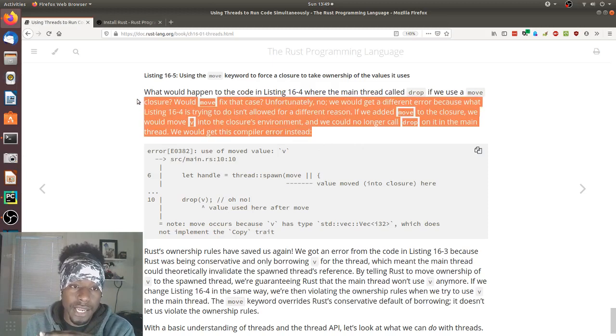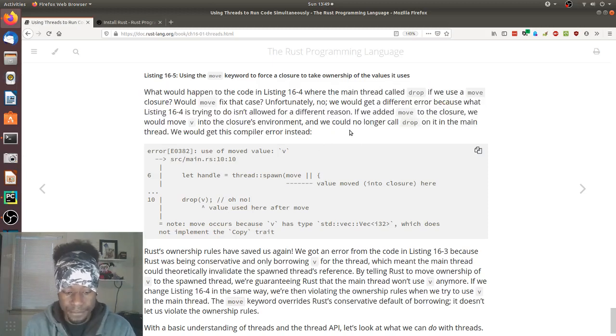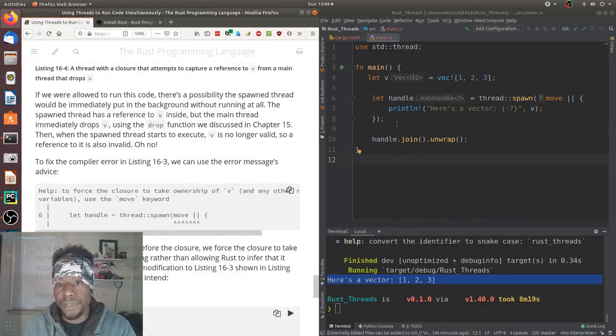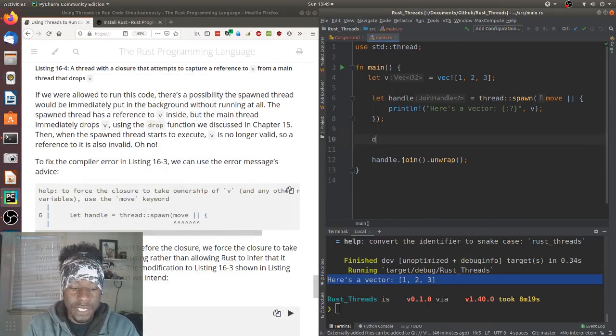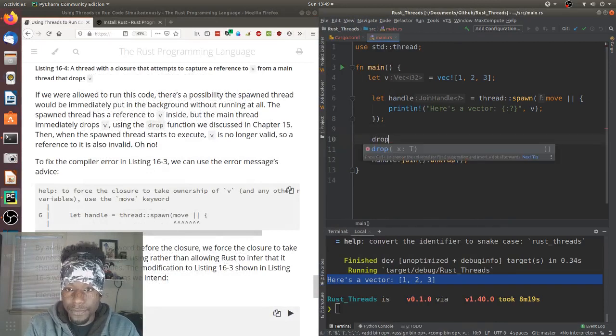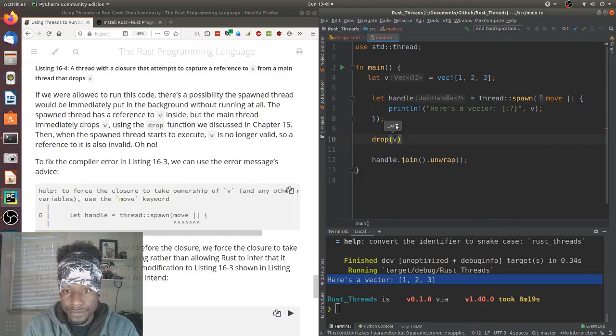And so here what they're just stating is, I can show you the code, right? If we did drop v here, this is silly because v is no longer in the scope.